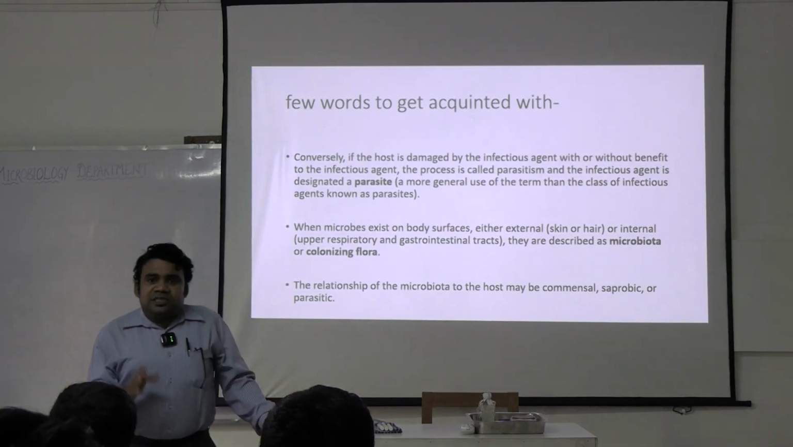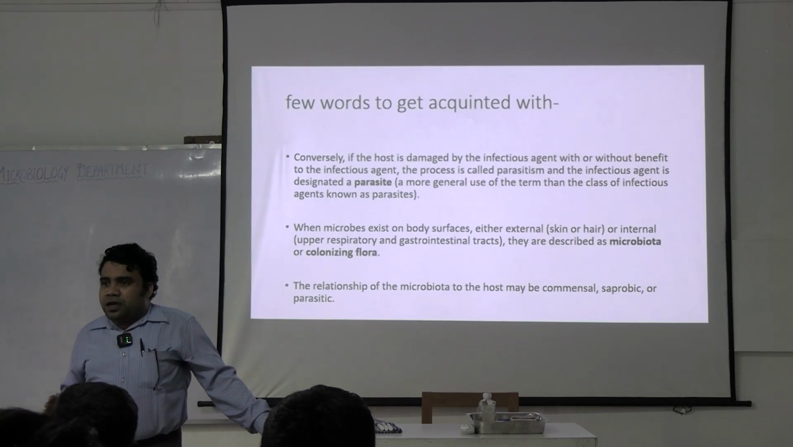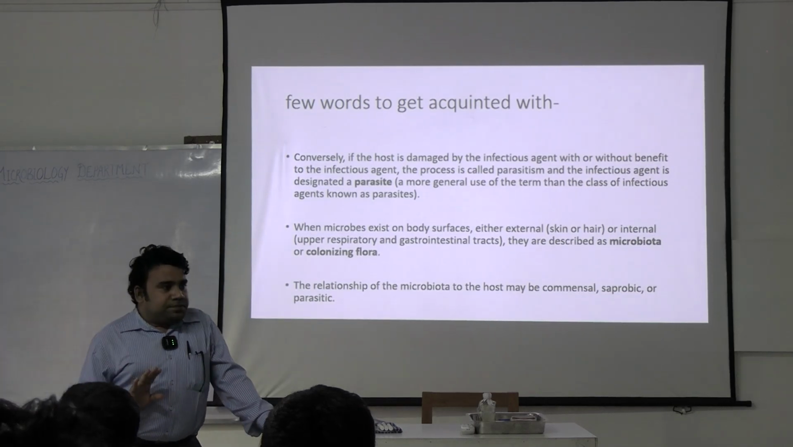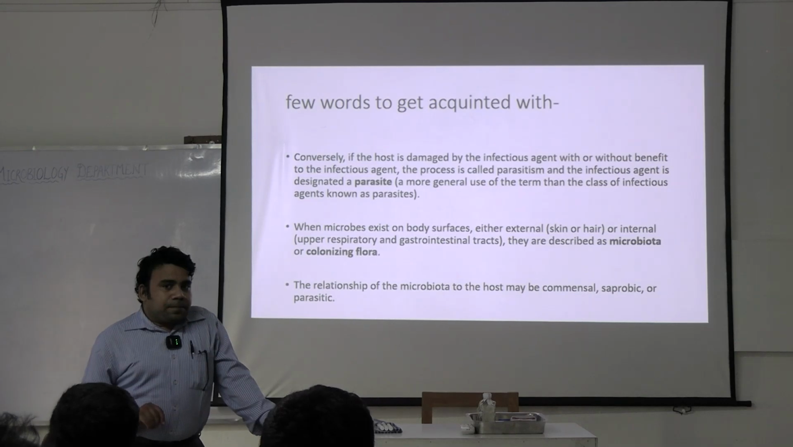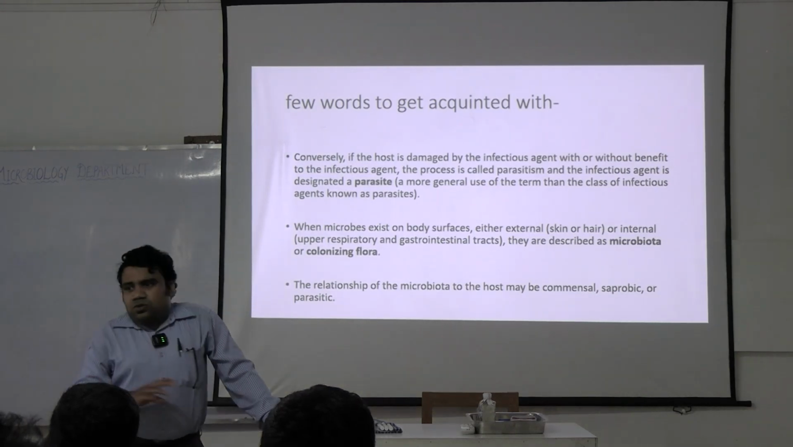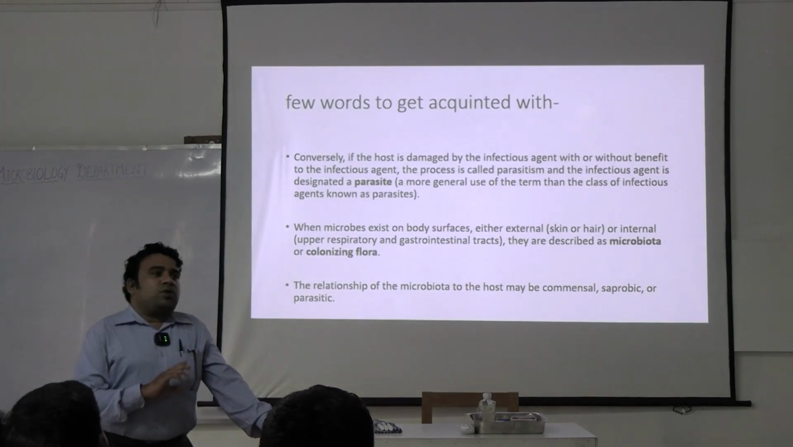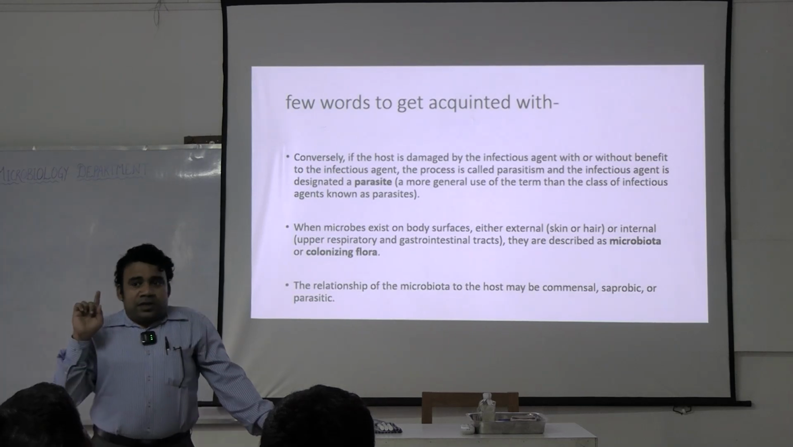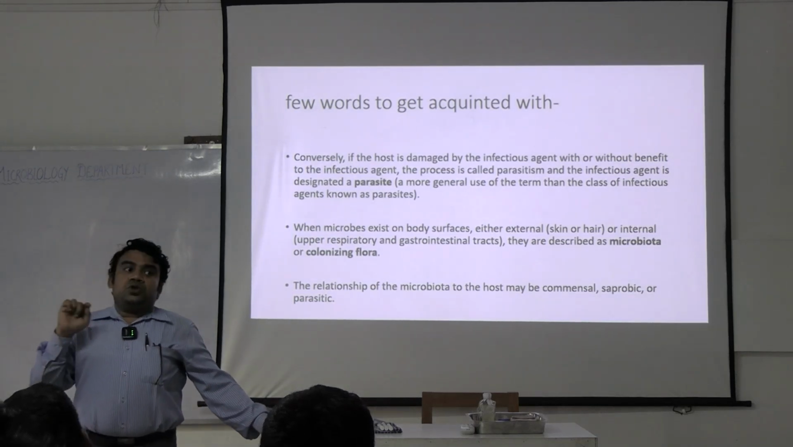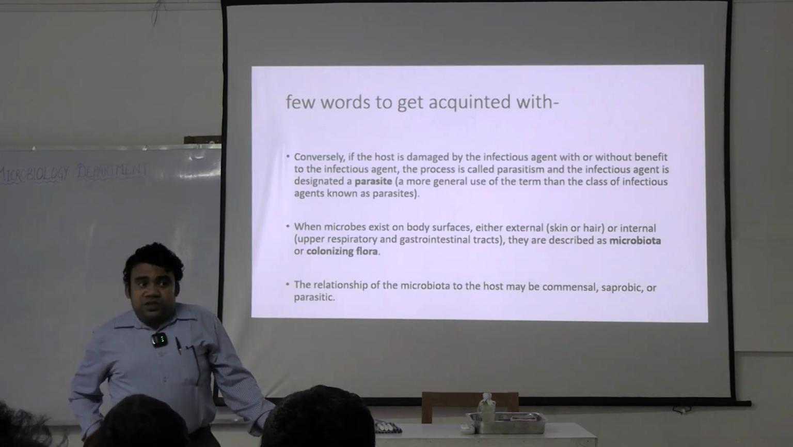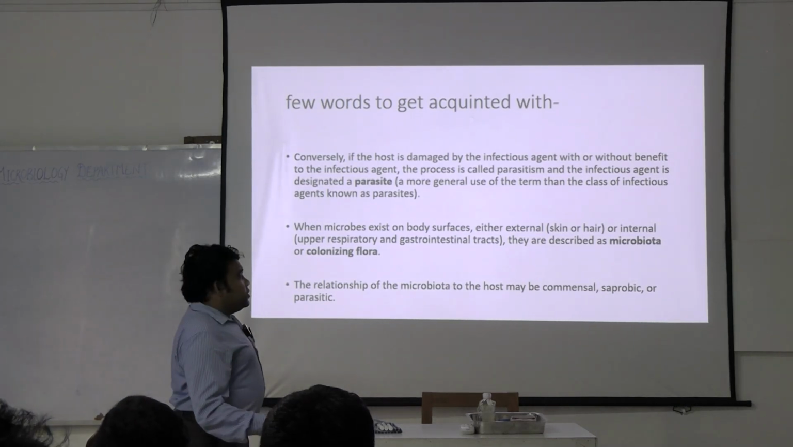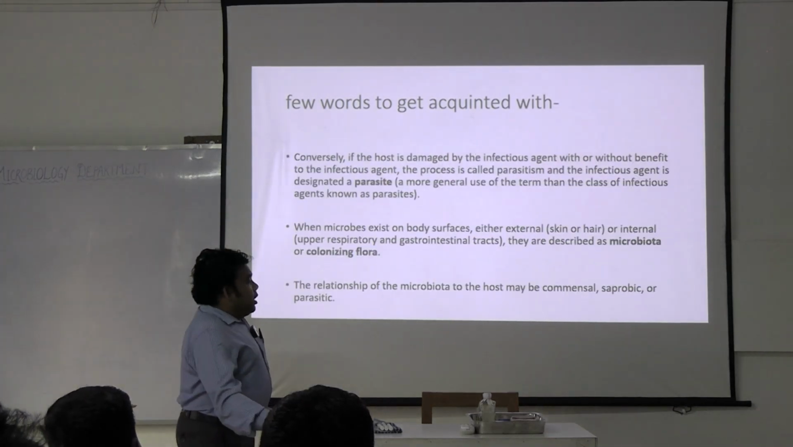As long as it is present on that particular area, it will just remain over there. For example, some bacteria are present on your skin. They have been present throughout your life and have never caused any problem to you. But if they gain access into your bloodstream, they can cause serious disease. That is what we call colonizing flora. Now,